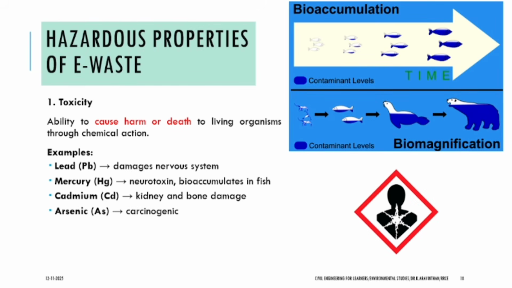What will happen? The first generation of fish will get small contamination. Their next generation will get high contamination. Like that, the fish generations will be constantly contaminated. Are we consuming the fish? Yes. What will happen if the consumed fish has bioaccumulation? We will also get that accumulation in our body. So don't think that, sir, it is a plant, it is purely natural, it will not harm us. No, if we contaminate the plant kingdom or the aquatic living beings, it indirectly attacks us. So this is called bioaccumulation.